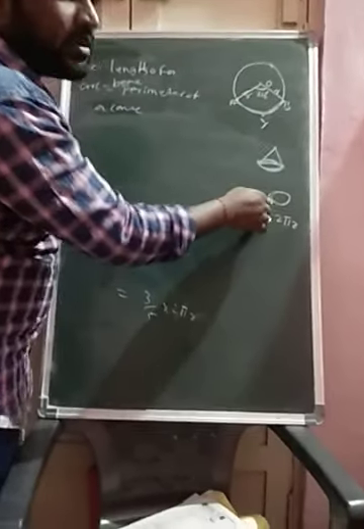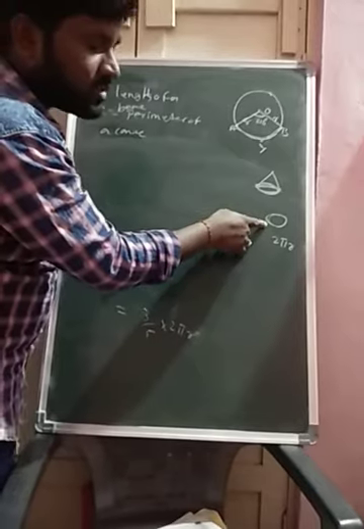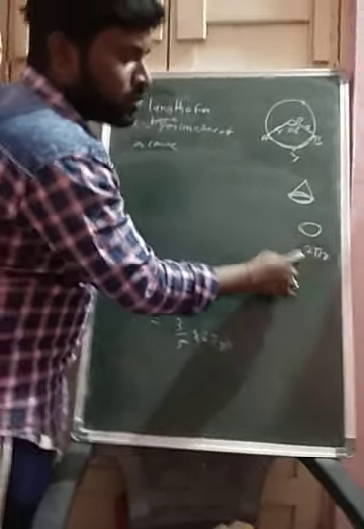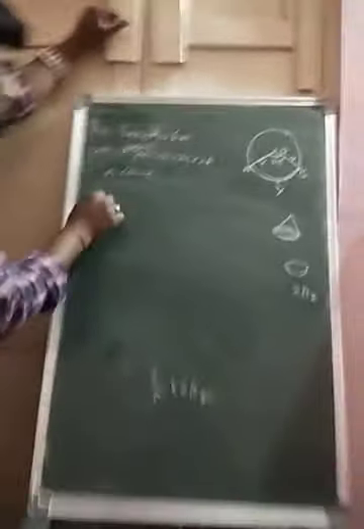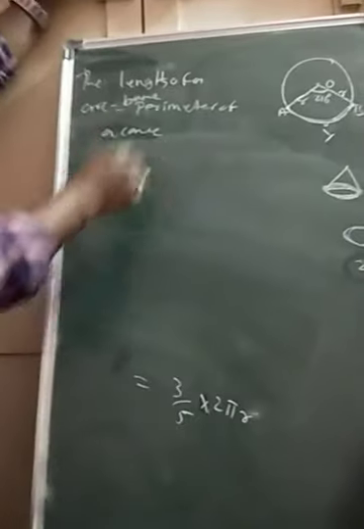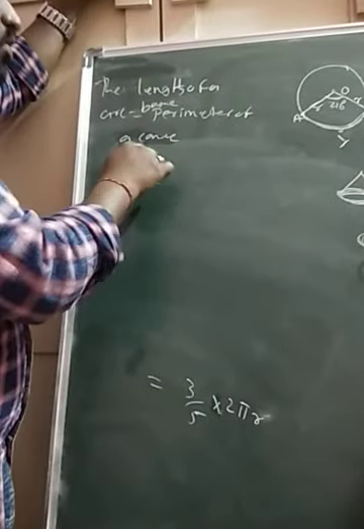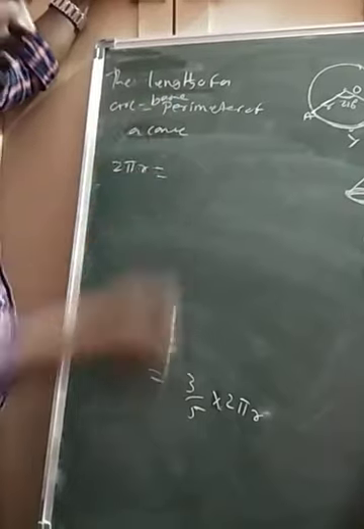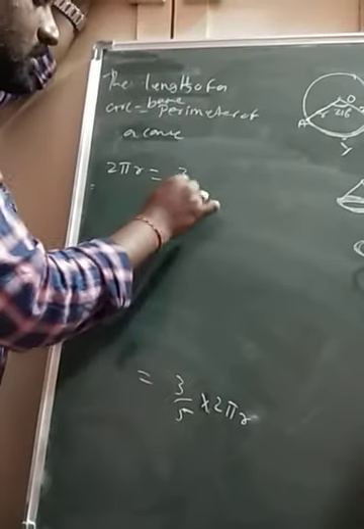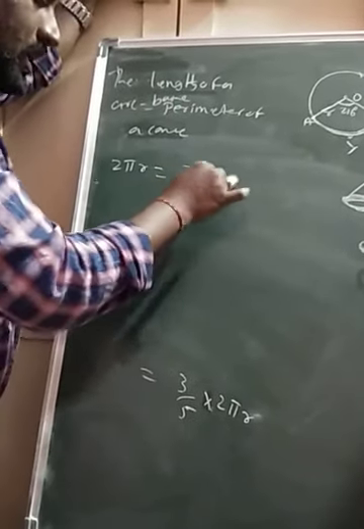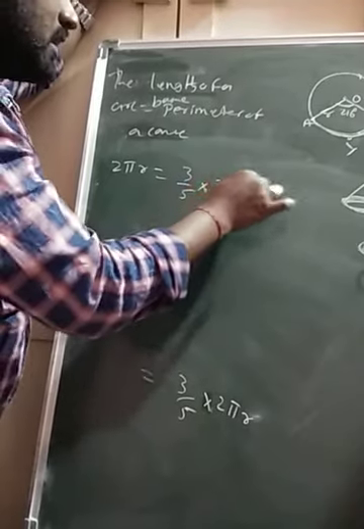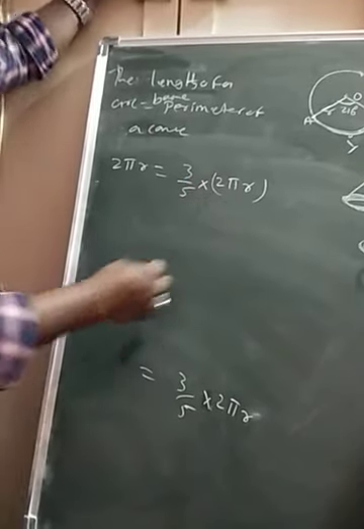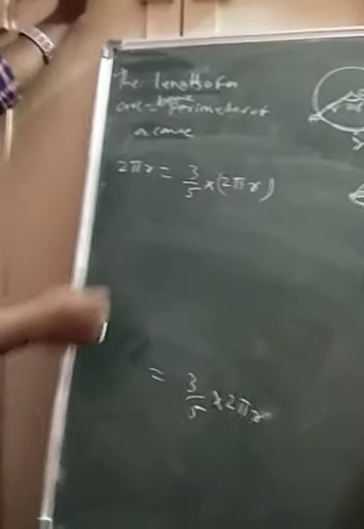Perimeter is nothing but circumference of a circle. Circumference of a circle and that is 2 pi r. So 2 pi r, and the base perimeter of a cone is equal to the length of the arc. Length of the arc means what? That is 3 by 5 into 2 pi r. Is it clear? Now see here,